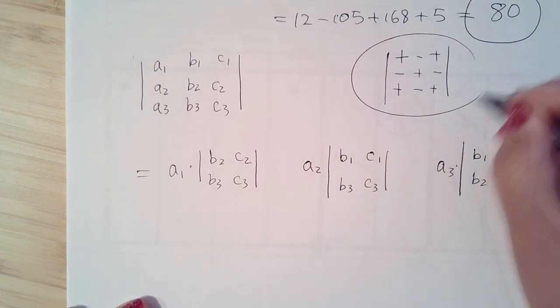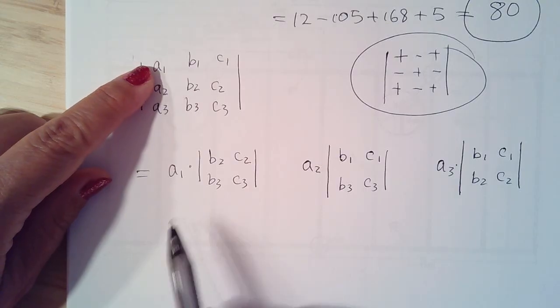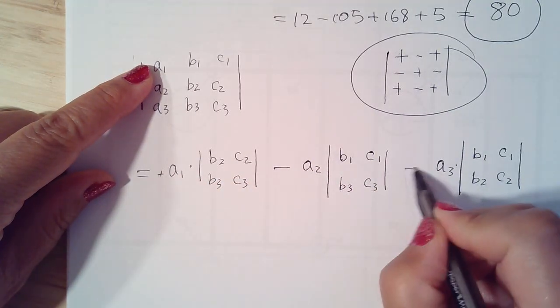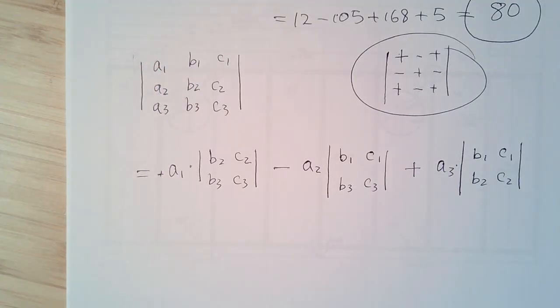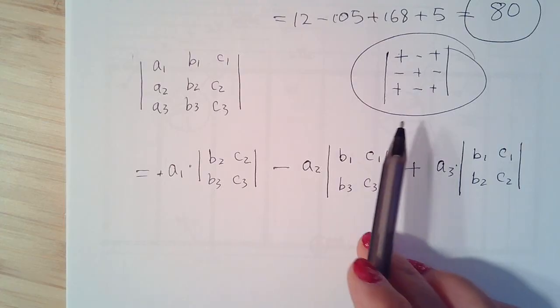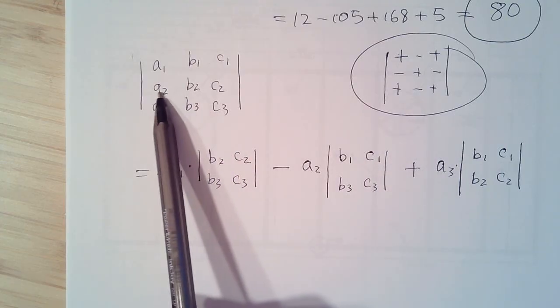So there's another thing you have to remember, which means if you expand from this A1, that's going to be positive, and then the next one is negative, and here's a positive. Okay, so that's how you do it. That's why usually I don't really like this method a lot, because I think the other one is much easier. However, if you like, you can continue, because you will,